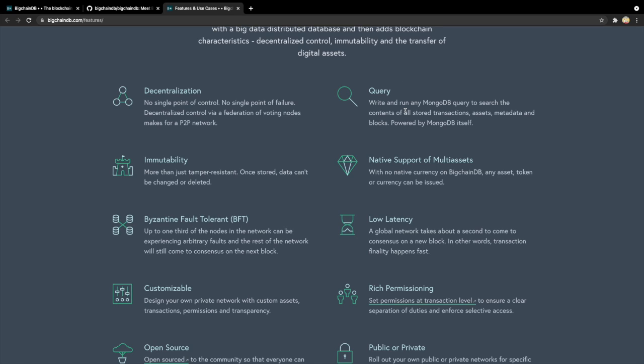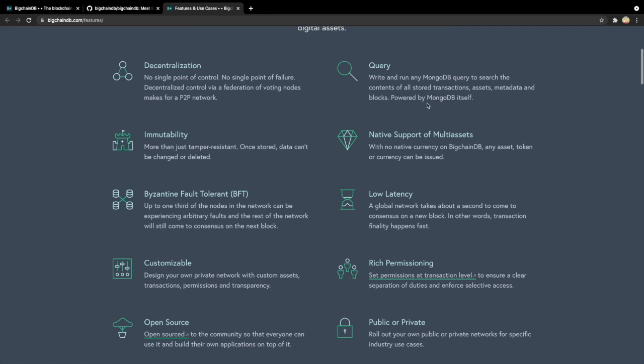Next, like other databases, this particular DB also supports queries. It is built on top of MongoDB, which means the base is MongoDB, a NoSQL database, and on top of that a layer is built to make it compatible with blockchain.